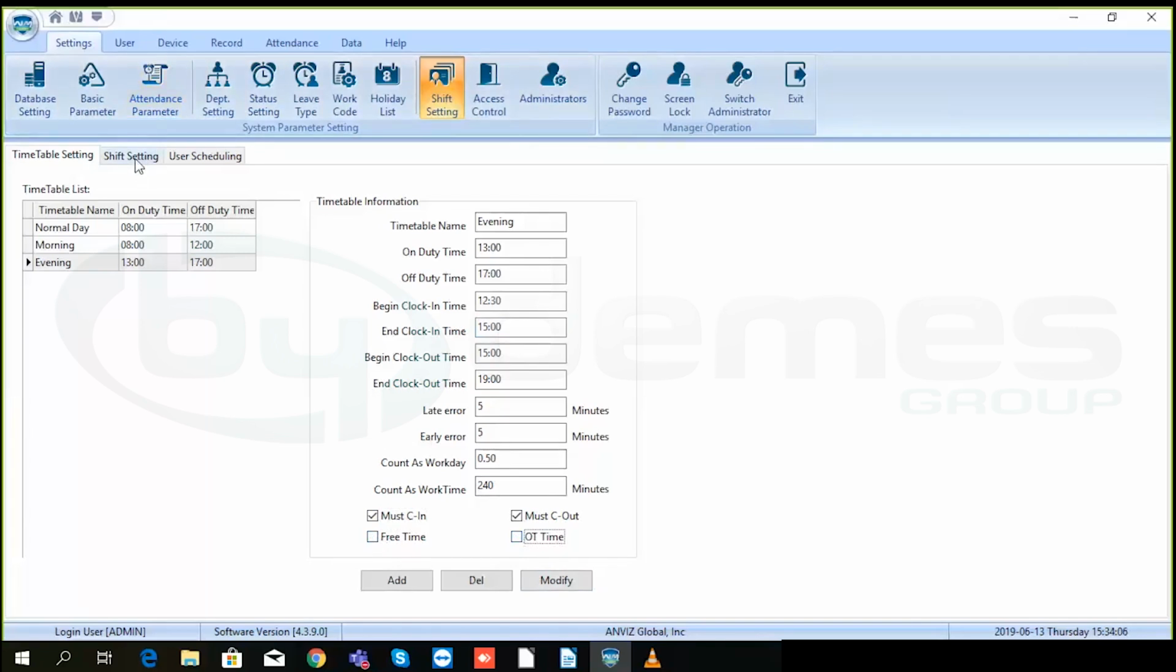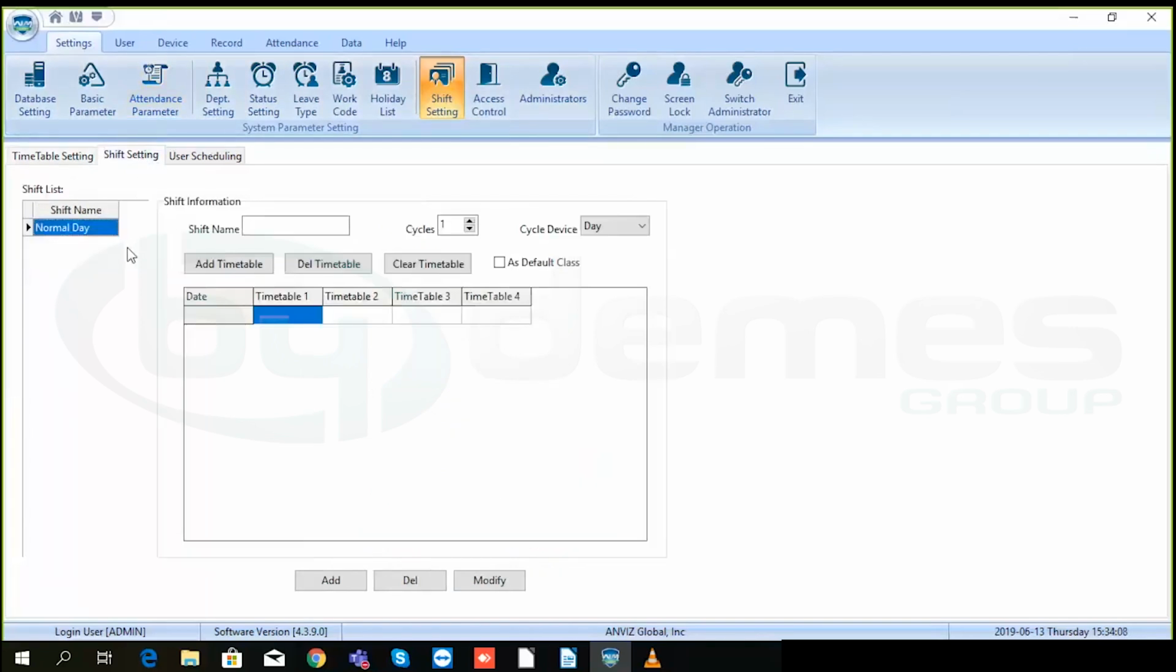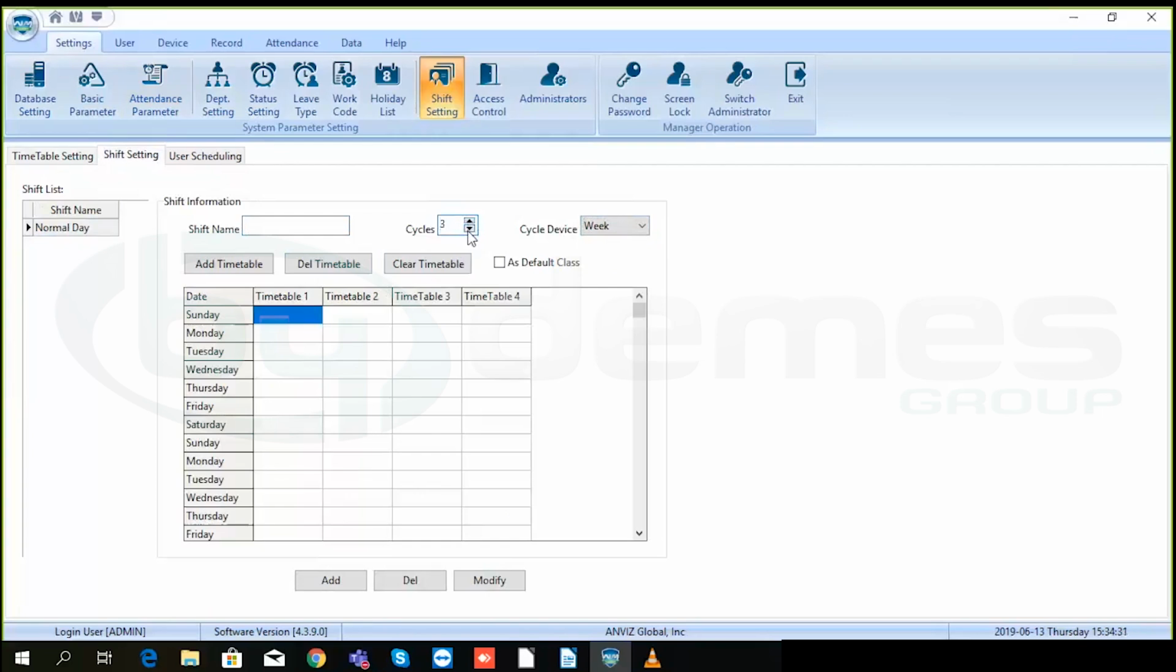Next subtab here is a shift setting. So here you can create shifts, and you can create how many cycles will they have. So in this example, I'll show you 1 week. So this would be your cycle. And you can make it few weeks, let's say 2 weeks. And then you can use your previous information. So let's create this,